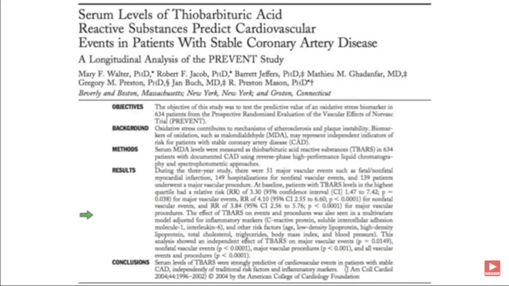And does it have any clinical relevance? Absolutely it does. This was a study that was published in JACC, the Journal of the American College of Cardiology, back in 2004. And what they found, and I have no idea why this study didn't get more press than it did. You would have thought that the press would have been all over this because this was a really